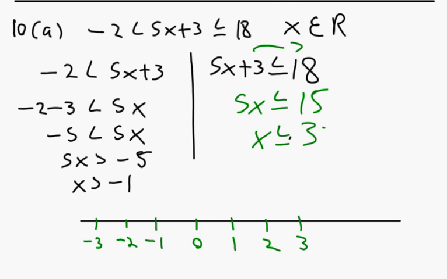Will I shade in the dot for minus 1? Why not? It's a hollow dot if it's bigger than minus 1. If that was bigger than or equal, I'd shade it in. Okay, but it's not, so I'm not going to shade it in. And then smaller than, less than or equal to 3, full dot at 3, and there you go. Okay, I know